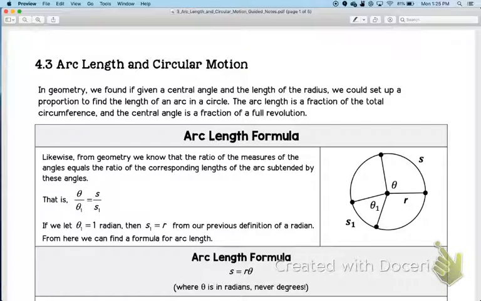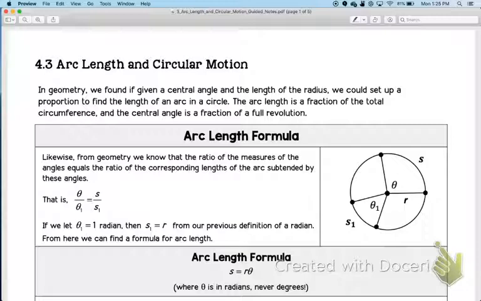Today we're going to get into some context, real life examples of how radians are used in the real world. They're most commonly used in their foundations in arc length and circular motion. Just reading in the top blurb, it says, in geometry we found if given a central angle and the length of the radius, we could set up a proportion to find the length of an arc in a circle. The arc length is a fraction of the total circumference, and the central angle is a fraction of the full